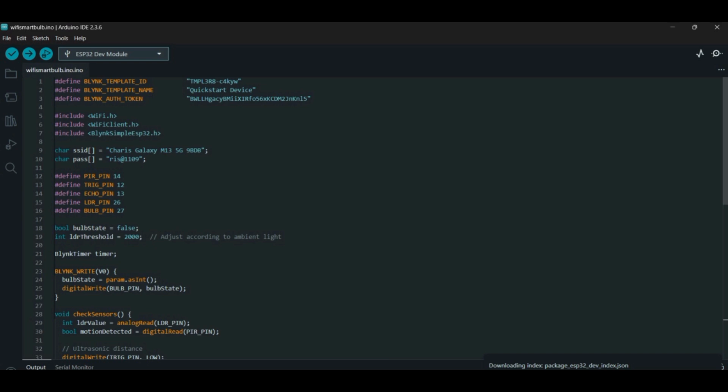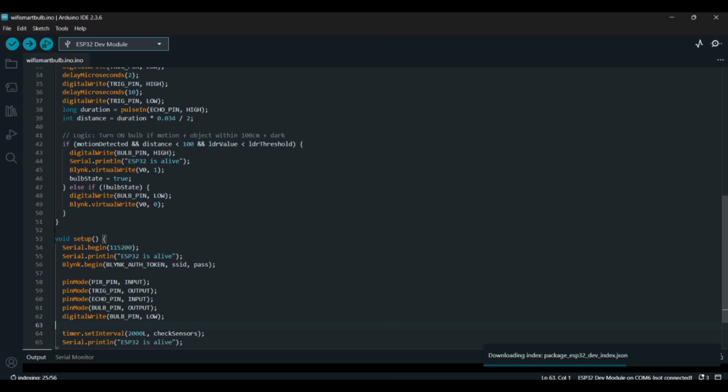In this code, we define the Blynk template ID, name and token, and these are our Blynk credentials. They link our code to our Blynk app. Then #include WiFiClient, and then BlynkSimpleEsp32. WiFi.h is for connecting to Wi-Fi, WiFiClient.h for internet communication, and BlynkSimpleEsp32.h for connecting the ESP32 to the Blynk code, and then char ssid and a password. That is, we have to enter our Wi-Fi name and password here so that the ESP can connect to the